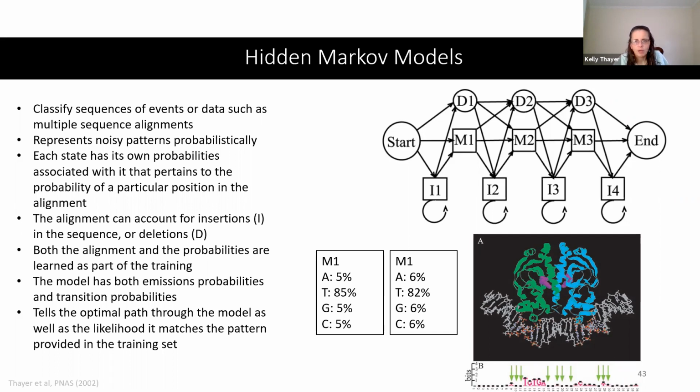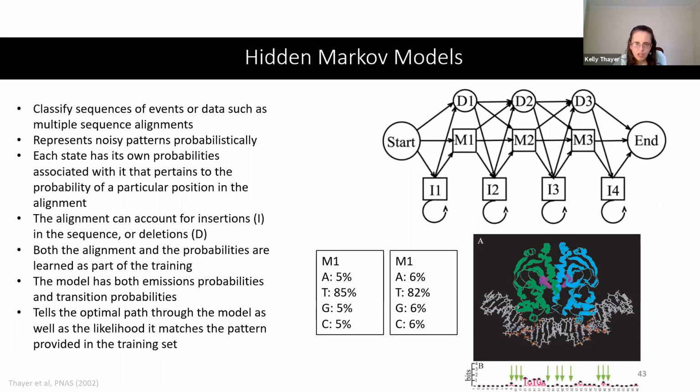So for example, we may be interested in studying the sequence of a DNA that a protein binds to, which is being done here. And then we might consider what probability do we have in each position of the DNA for a particular DNA sequence to be there. So we can use this to classify sequences of events or data, such as multiple sequence alignments. This is going to represent noisy patterns that are found probabilistically. Each state has its own probabilities associated with it, which pertains to the probability of a particular position in the